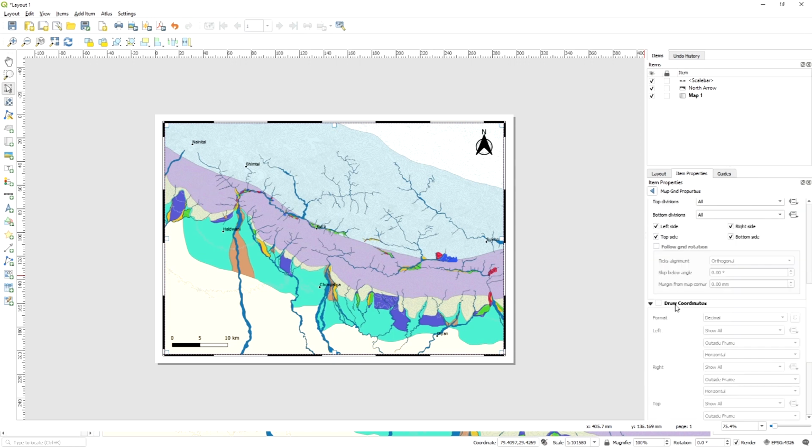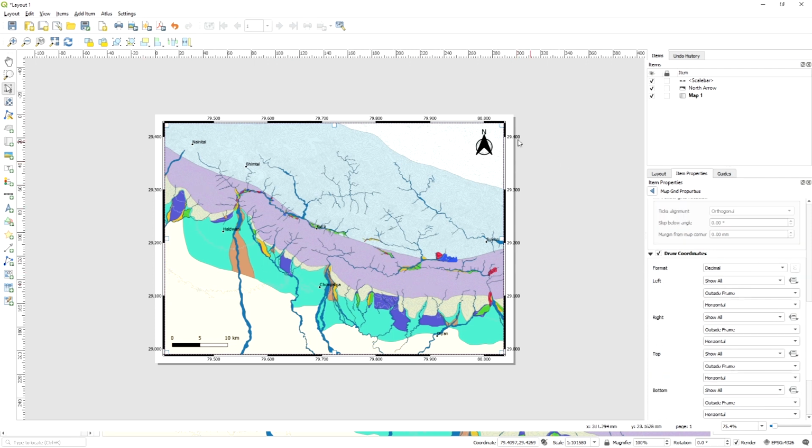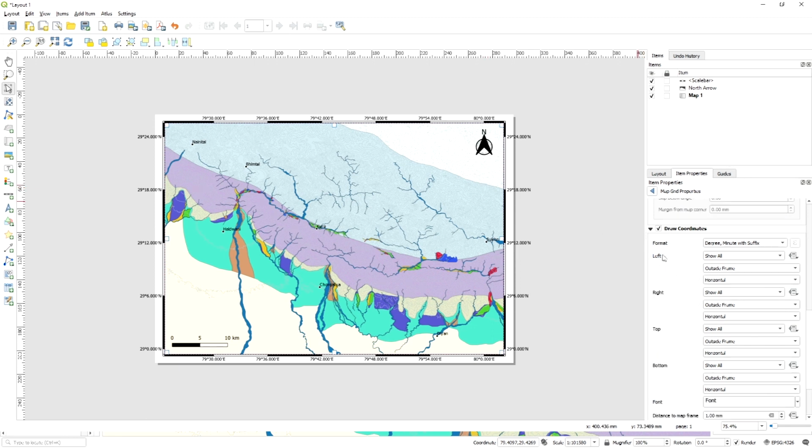And then just below this frame option, here you would see the draw coordinate option. So with this draw coordinate option, you would assign the coordinate to this map. So here you can see the coordinate. So this coordinate format also you can choose from this format option, whether you want to keep it for decimal, decimal with suffix, degree, minute, degree, minute with suffix. So you can choose any of these options,